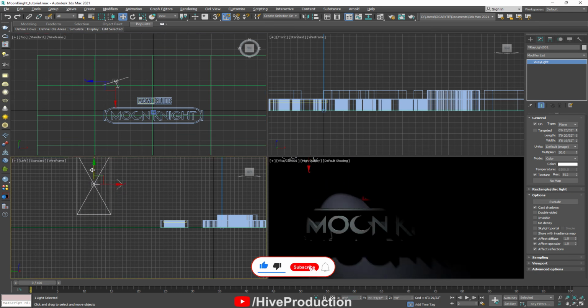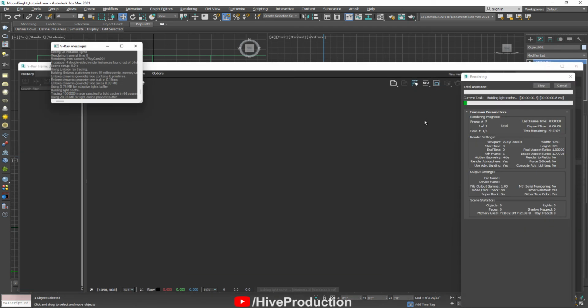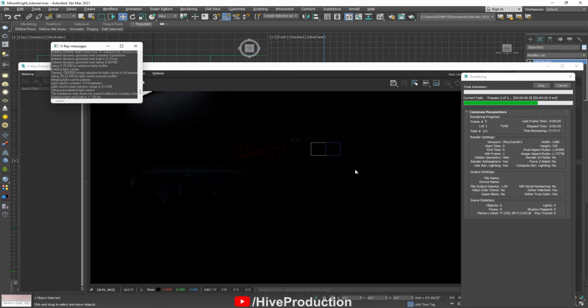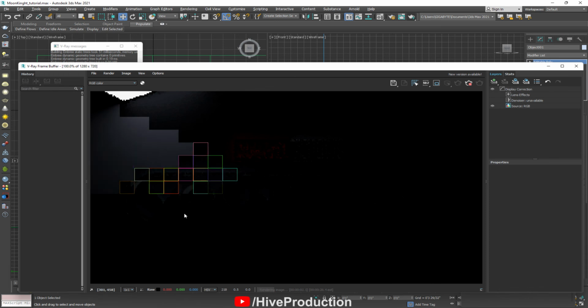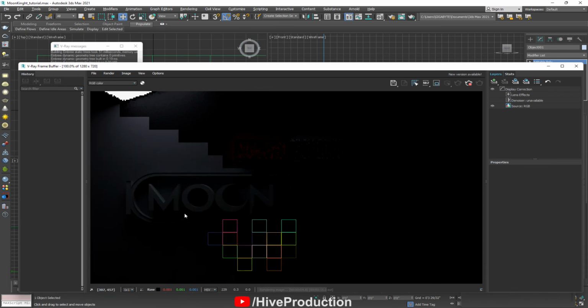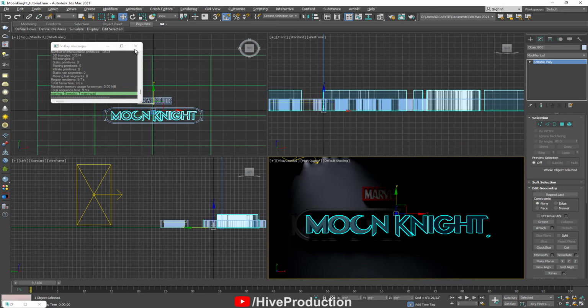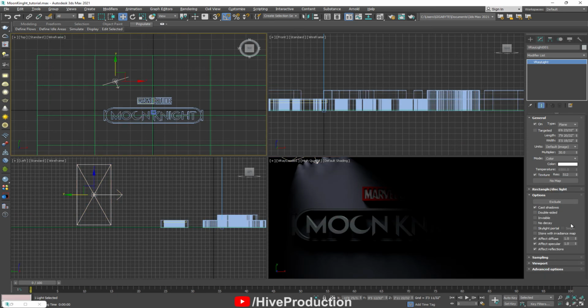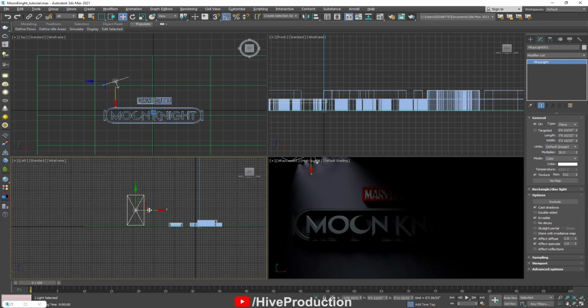Okay. Furthermore, I'm going to apply another V-Ray light because it is actually a dark render. You can see the Moon Knight as well, but it is totally dark, which I don't like, and it's not related to my own work. Okay,